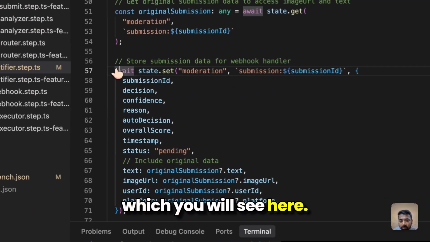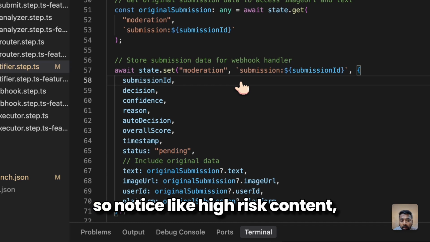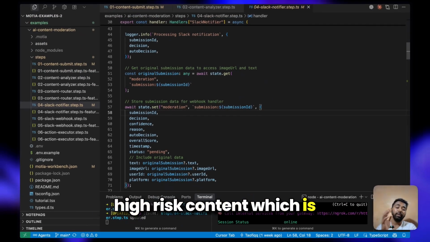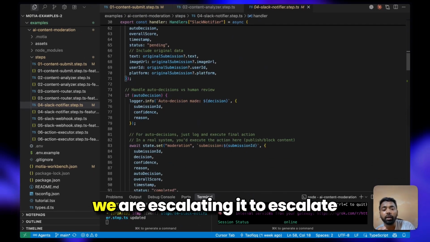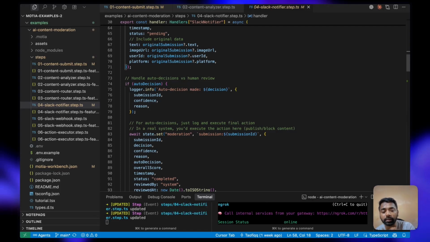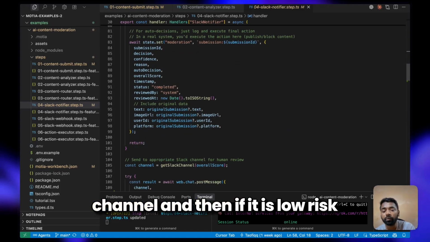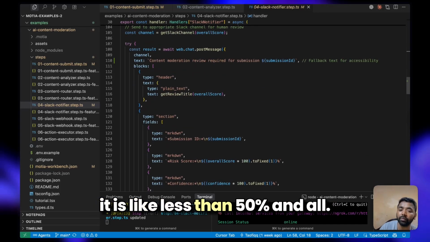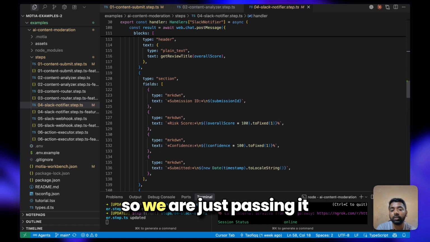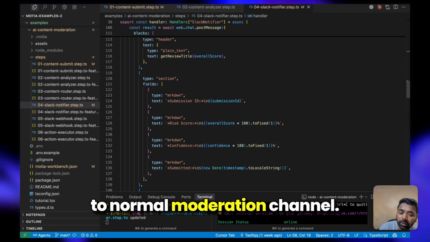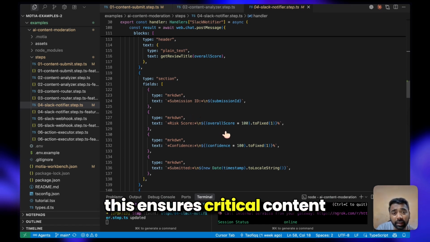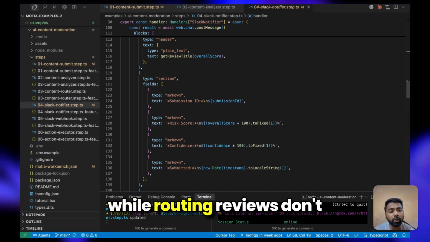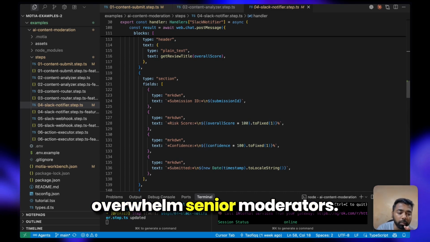For high risk content, greater than 70% or so, we are escalating it to the escalate channel. And if it is low risk content, less than 50% or so, we just pass it to the normal moderation channel. This ensures critical content gets immediate attention, while routing reviews doesn't overwhelm senior moderators.